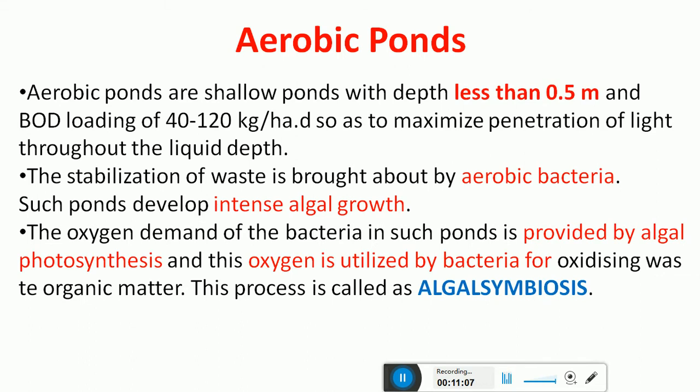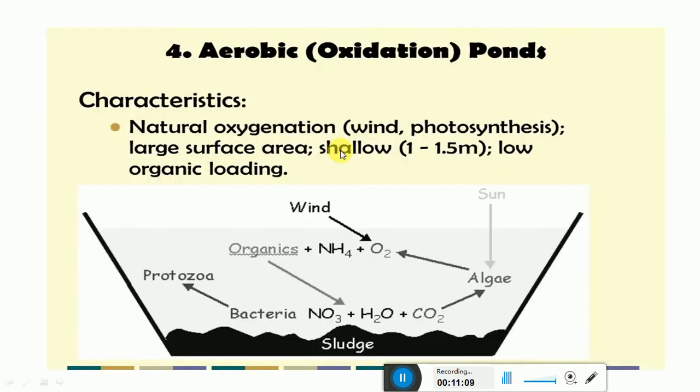So this is how, due to the wind action, the oxygen gets mixed with the water, and with the presence of sunlight, the algae will give out oxygen, which is taken up by the bacteria and protozoans present in the wastewater, and they will degrade the organic matter or stabilize the waste in presence of air. And the degraded organic matter will settle at the bottom as sludge.